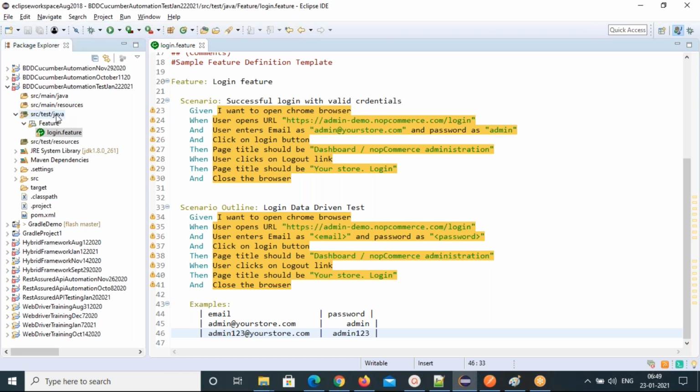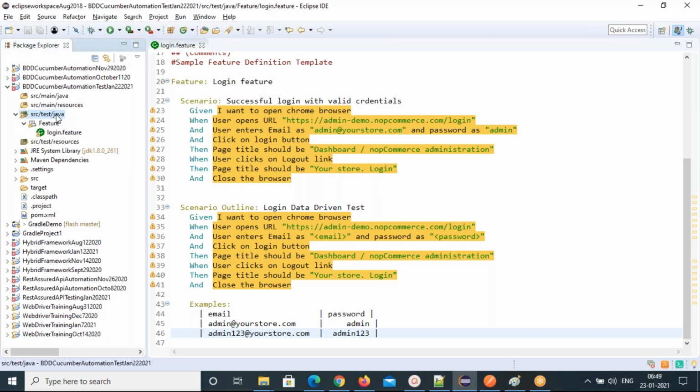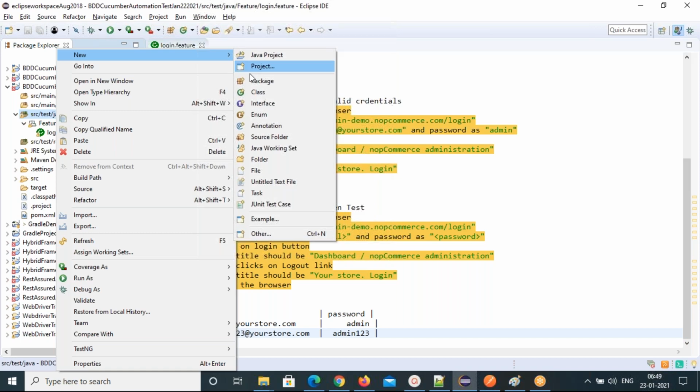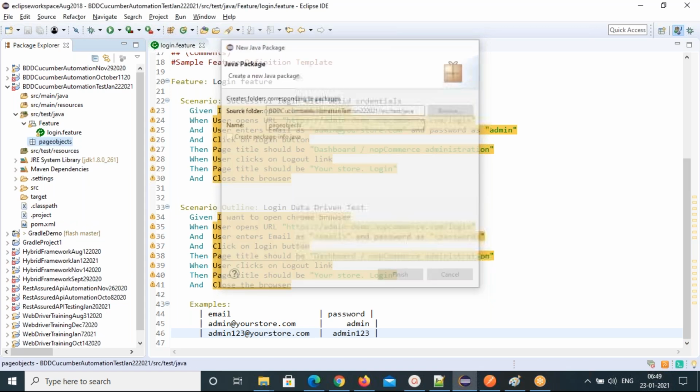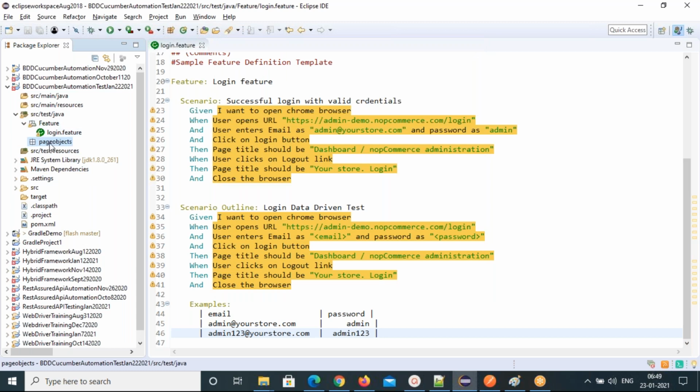Now I'll prepare the page objects. So one package I'll create, let's create page objects. All my page elements I'll identify under this page objects package.